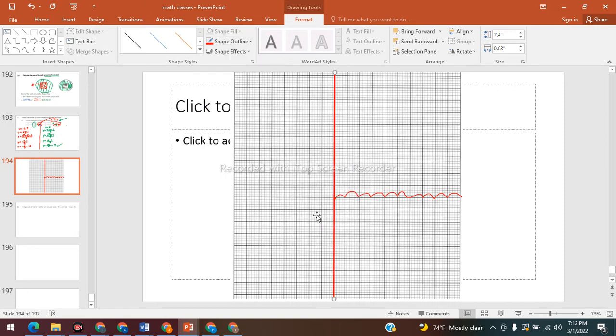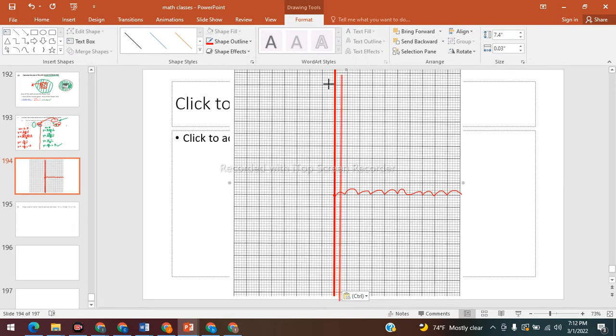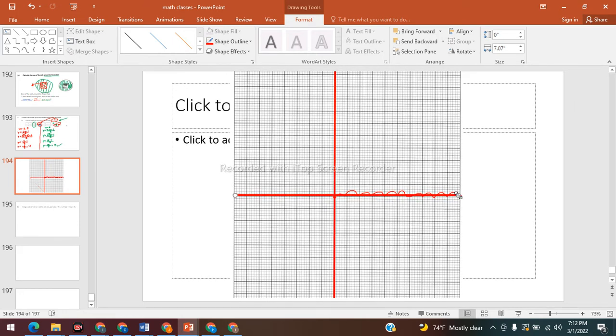How many persons are using graph paper? Me. Me. You? I don't know. That's good. How many persons are doing it freehand? No one is doing it freehand? So the rest of y'all, who is not doing it? Who doesn't have graph paper? How are y'all doing it? Don't say you're just watching now.